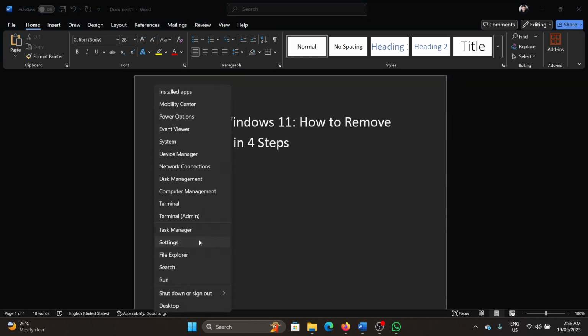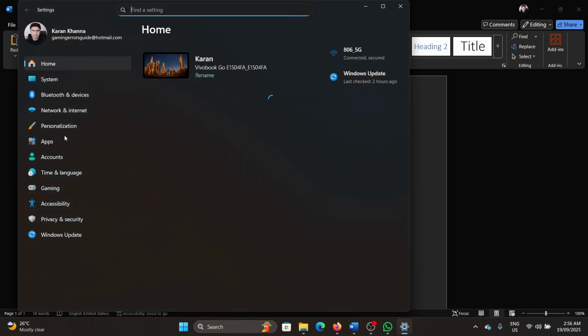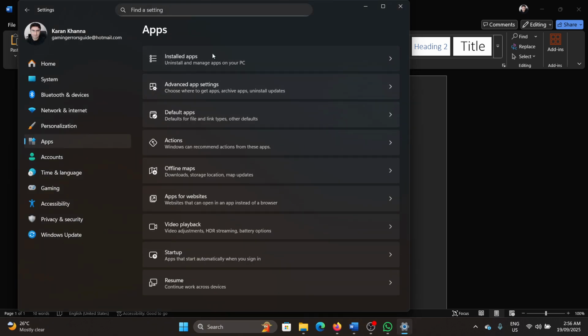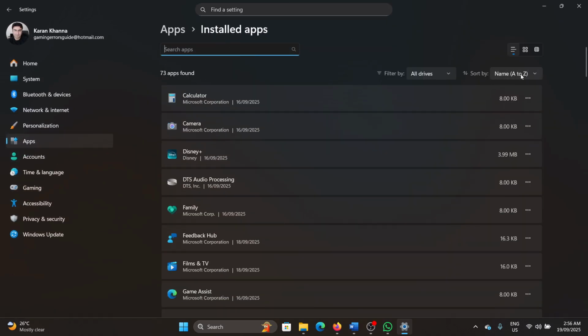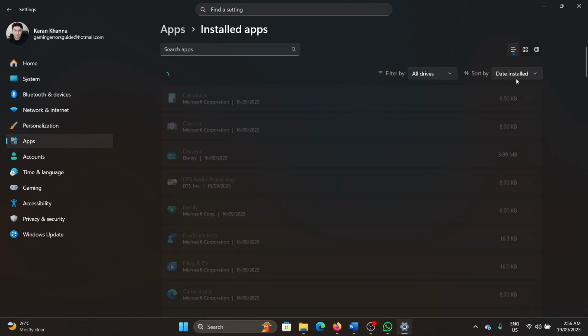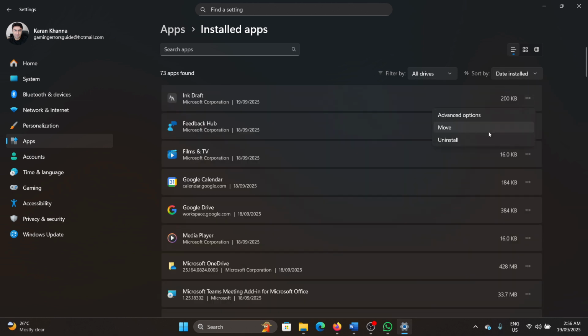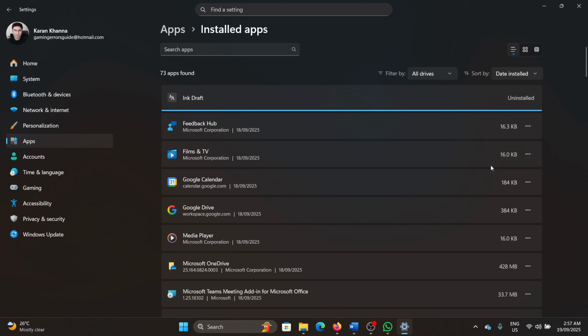Right click on the start button and select settings from the menu. Go to the apps tab and select installed apps. Now we will carefully remove the apps that we do not require, and I would suggest you this way: set it by date installed, because that way you will get the list of apps that were installed by you on